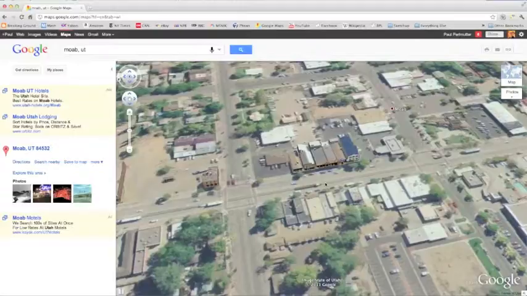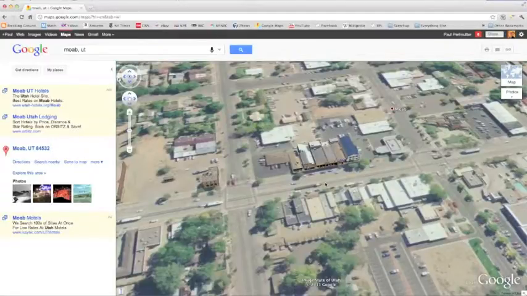What I'm suggesting is that several of the high school students might get together and I can give them assistance in bringing them up to speed on how to use tools like SketchUp and Google Earth to model buildings in Moab to enter the competition. I thought it would be fun and exciting and valuable for some of these students to enter the competition. I'd be willing to sponsor it. There's no money involved. I'd be willing to sponsor it in terms of contributing my time to helping the students